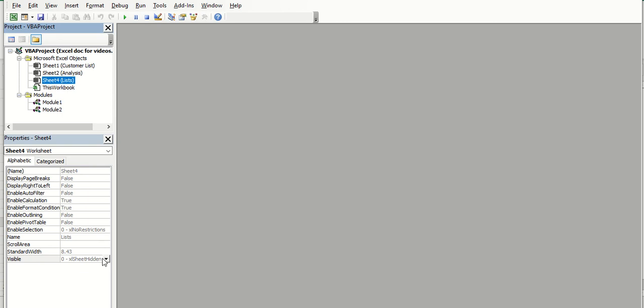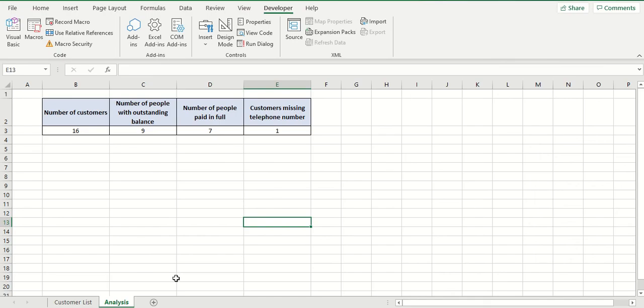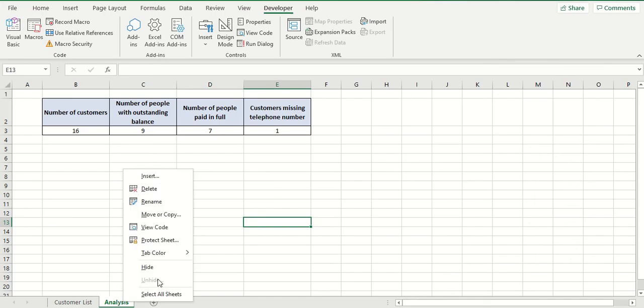What maybe a lot of people don't realise is that there's a third option which is called very hidden. Now if we select very hidden and come over here, if I right click there, unhide is now grayed out. So to anyone else, it now looks like these are the only two sheets that exist. There's no sheets to unhide, there's no other hidden sheets, and it'll just be a mystery where this drop down box is coming from, and they'll never be able to mess with it